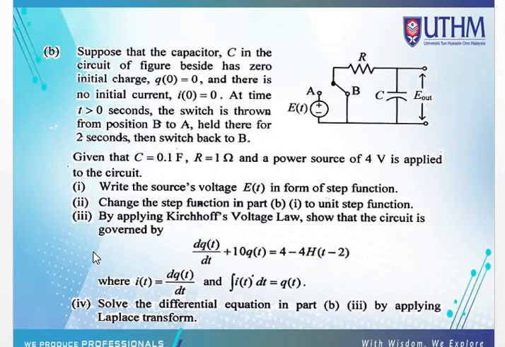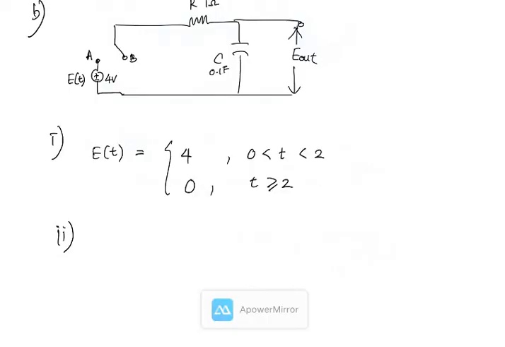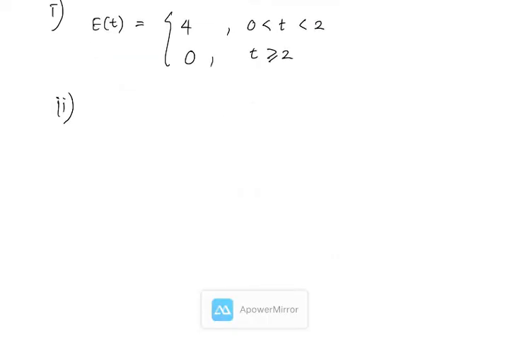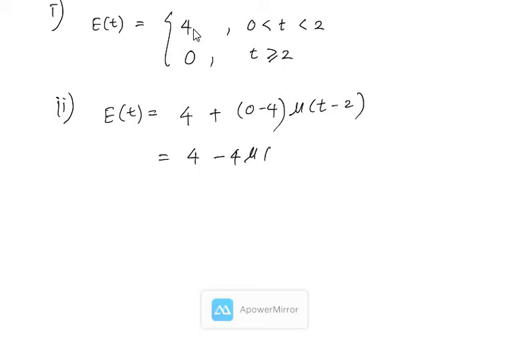Second question, change the step function in part B to unit step function. Change the step function means that we change this step function to unit step function. Here we can have E(t) equal to 4 plus 0 minus 4 for unit step t minus 2. So we rewrite into 4 minus 4 unit step t minus 2. And then the third question,